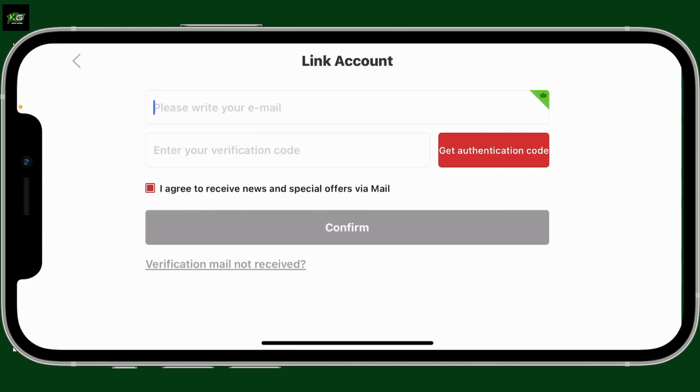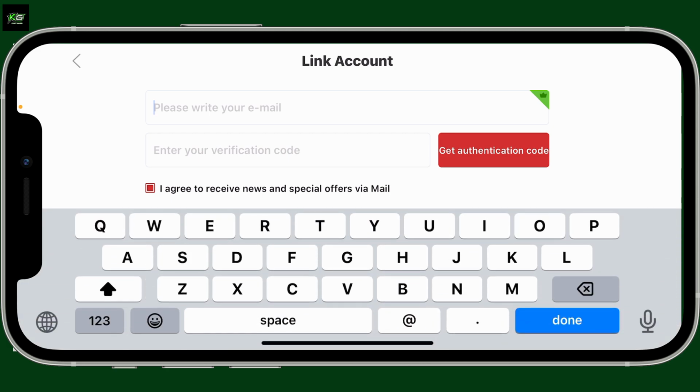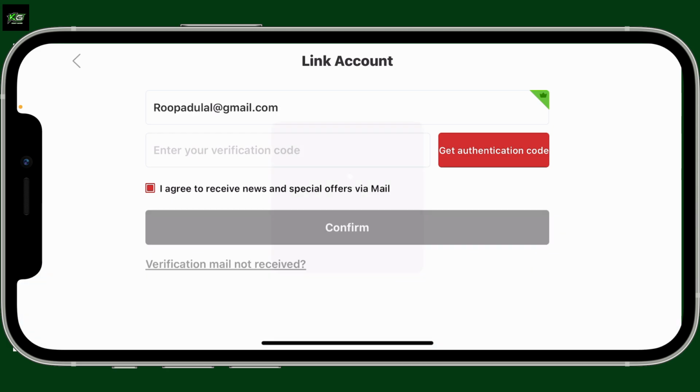Now enter a valid email address in the first field. After typing down an email, you'll need to verify your email. Tap on Get Verification Code and you will receive a verification code sent to you via your email inbox that